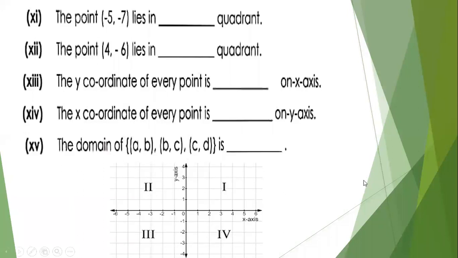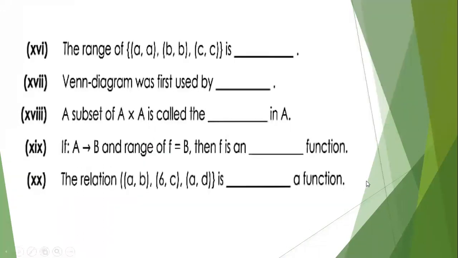Good. Excuse me, teacher. The answer of the x coordinate of every point is 0. Yes. Both are 0. Because if you walk on y, then on x it will be 0. If you are on x, then on y it will be 0.